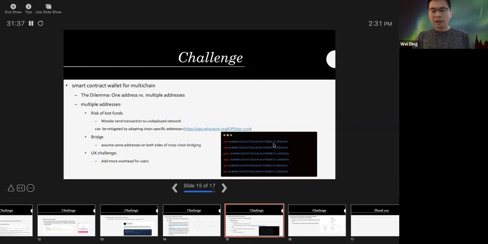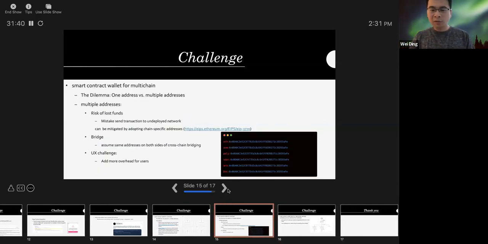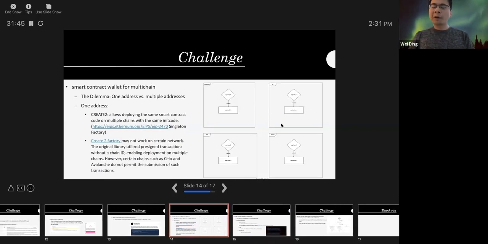And also state consistency is very hard, because right now for different layer 2s, it is very hard to pass messages between each other. And the smart contracts on each layer 2, the states are separate. If we could have a unified solution for passing messages between different layer 2s and solving the state synchronization issue, it could be a huge benefit. But it's also very challenging to implement this cross-bridge messaging protocol.